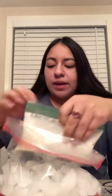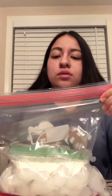And then you're gonna grab your small bag and place it inside. And once you have that, you're going to seal your bag and you're going to wrap it in something so that your hand doesn't freeze, because it does get cold. And then you're going to shake it. After the 7 minutes have passed, you can